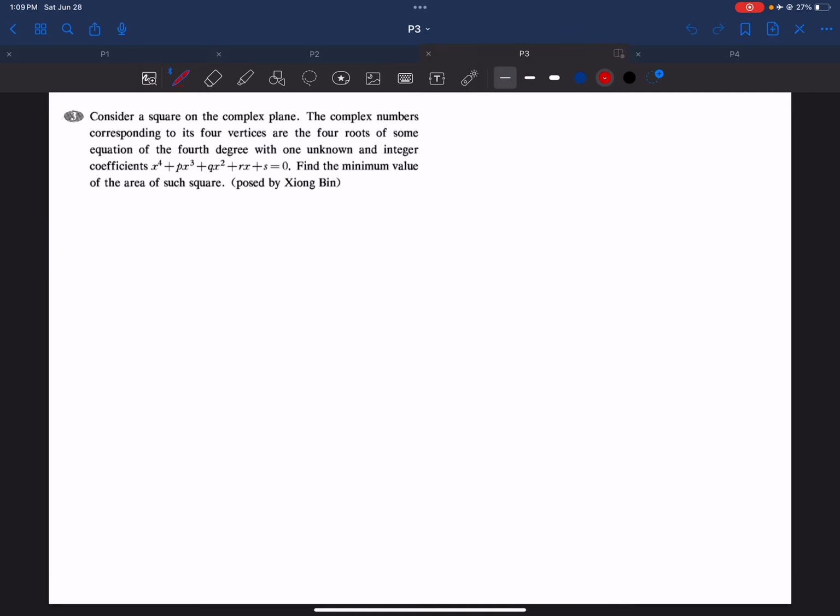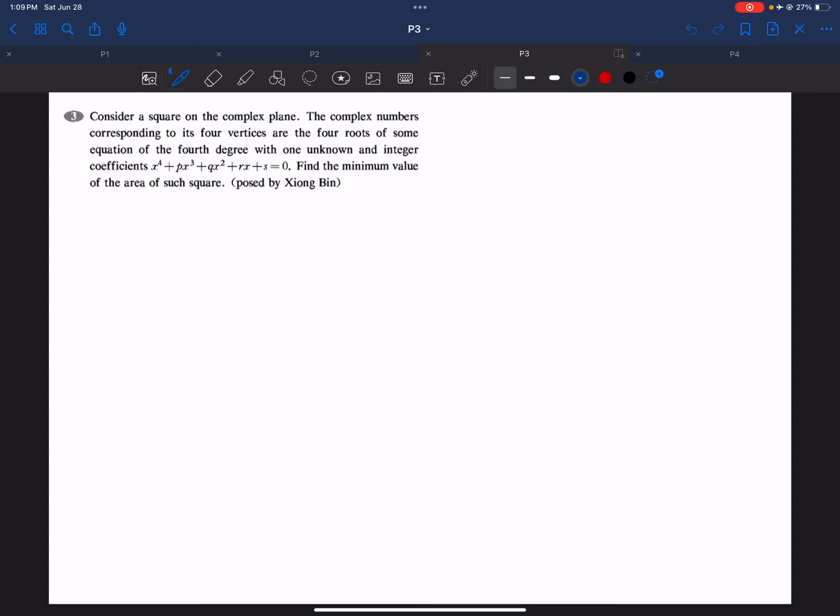Okay, you can pause to read the problem if you want to. Here we consider a square on the complex plane. The complex numbers corresponding to its four vertices are the four roots of some equation of the fourth degree with one unknown and integer coefficients PQRS. Find the minimum value of the area of such a square. Okay, so